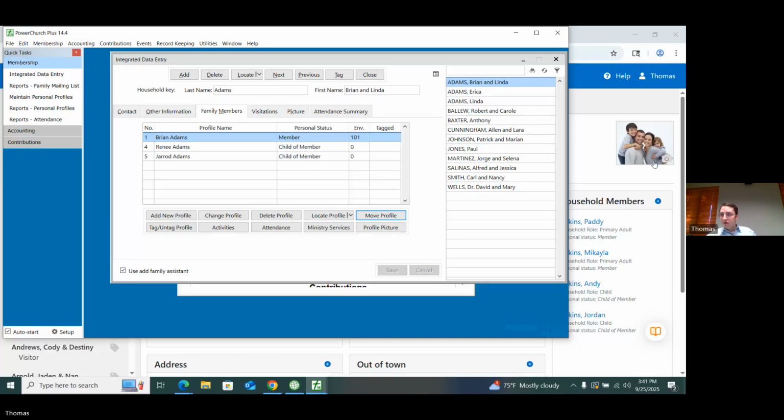Let's see. What else have we got? Smart person would have kept his papers more organized. All right, so